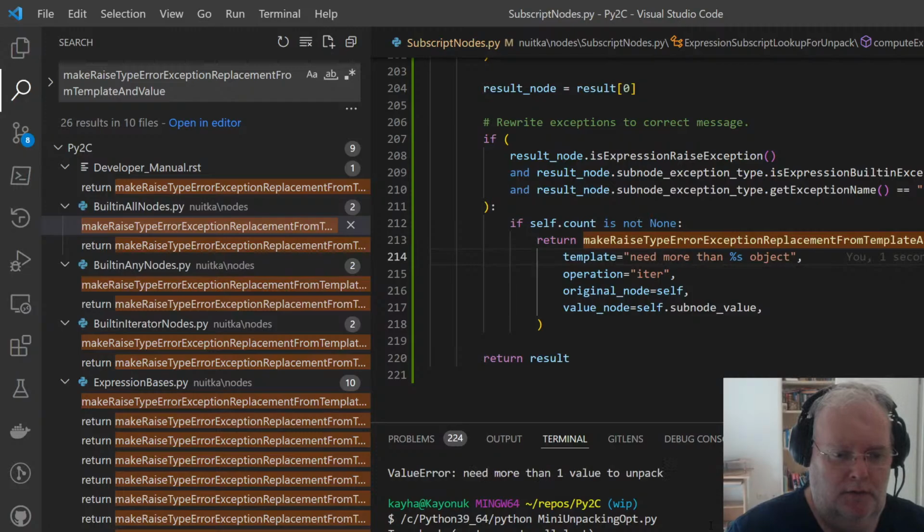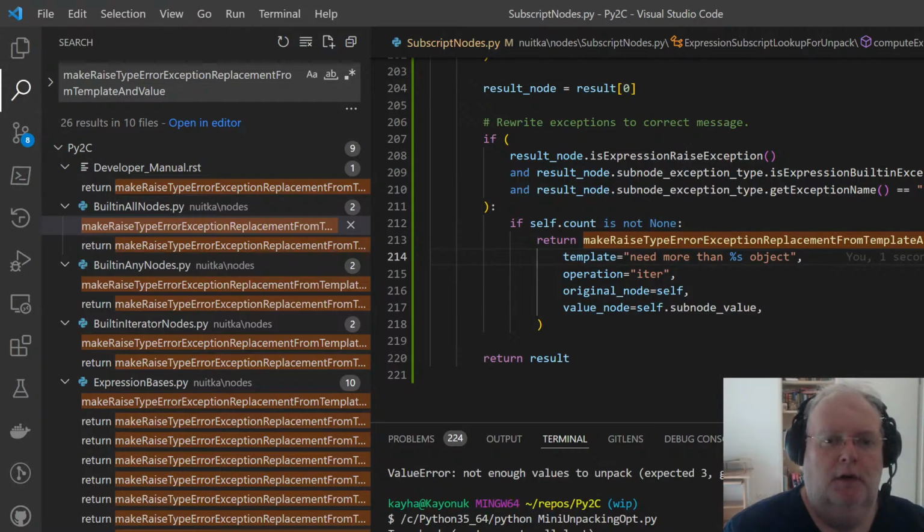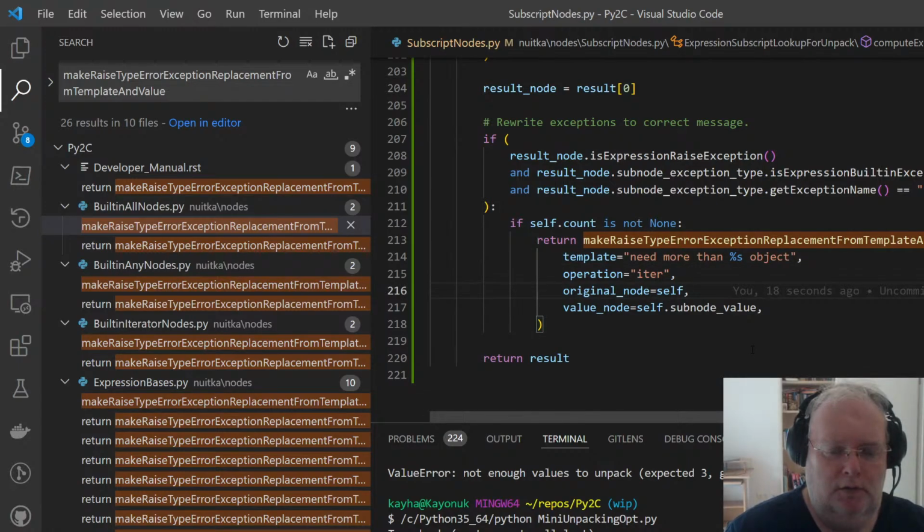Wait. So 3.6 has it. 3.5 has it. I need the current value variable. Need more than, not enough values to unpack. Or maybe I start with the old one. Come on. Need more than.